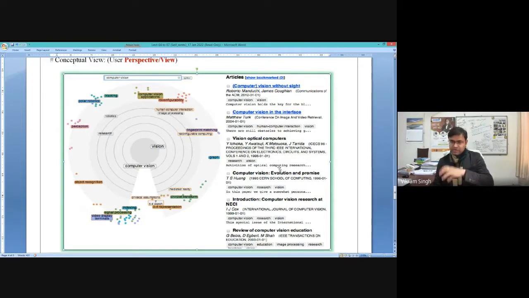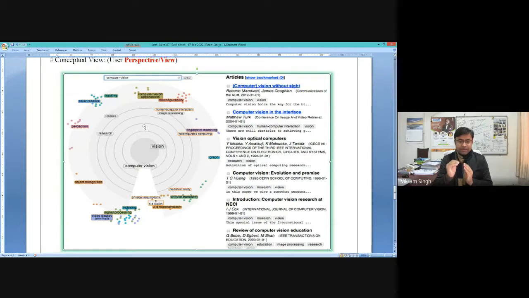These keywords have been taken out and arranged in the inner portion, in these 3-4 levels. Naturally, we are placing vision in the closer one because it closely matches the user query. And we are placing reconfigurable computing, then research, then robotics, image processing in the slightly outer portion. So this placement of keywords shows the